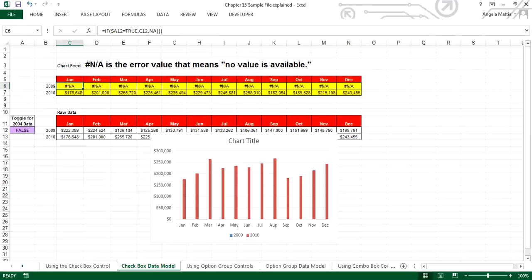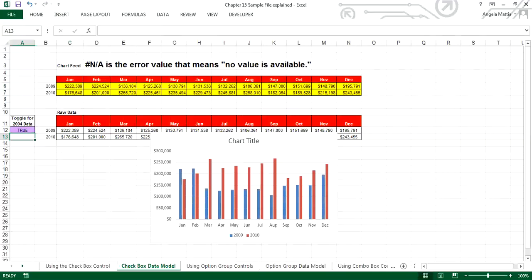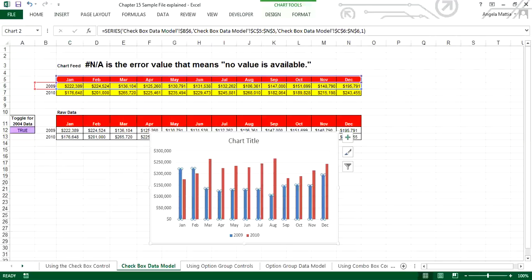If it's true, you show the data for 2009. If it's false, you use the function called the NA, meaning there's no value available, which is why it disappears. All right, so true shows the data. Now, on the other one you saw, this was a really neat line that kind of disappeared. To do that, it's just like we've done before. So I can either click on the blue or go down here and click. Either way, doesn't matter. I'm doing a right click,